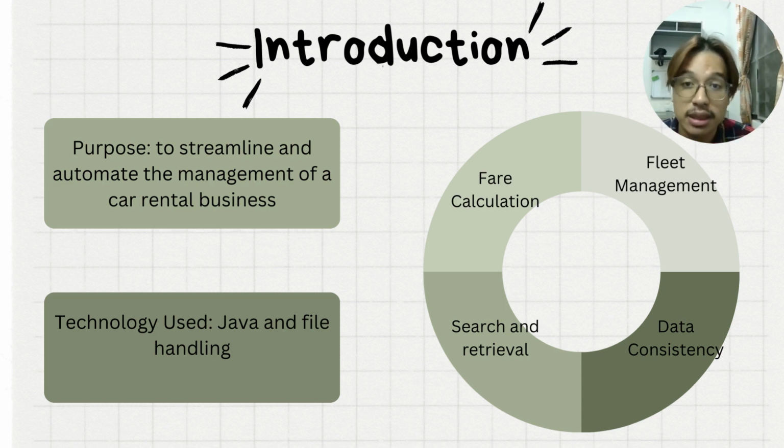For the purpose we created this system is to streamline and automate the management of a car rental business. For technology used, we use Java and file handling. So in the system, we have file calculation, search and retrieval, data consistency, and the last one is the fleet